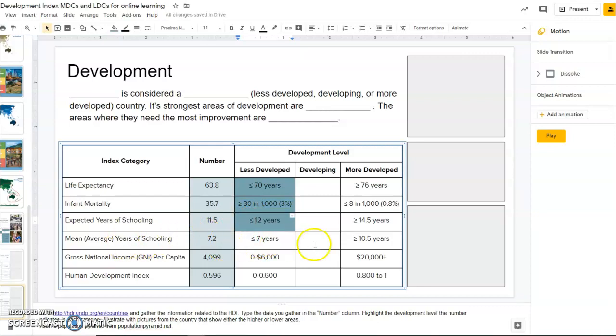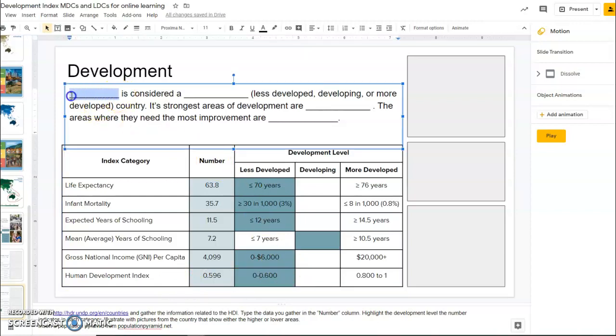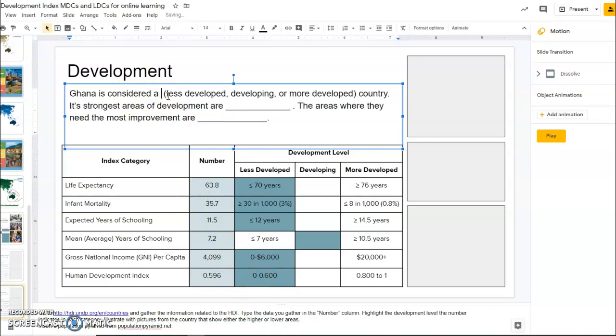Mean years of schooling, oh, it's a little bit more than 7 years, so that'll be in this category. The gross national income of 4,000 is going to be in that category, and then the Human Development Index is right there. So if I were to summarize that, this is Ghana we're talking about. So Ghana is considered, and the biggest indicator here is the summary one, the HDI, so I would say it is a less developed